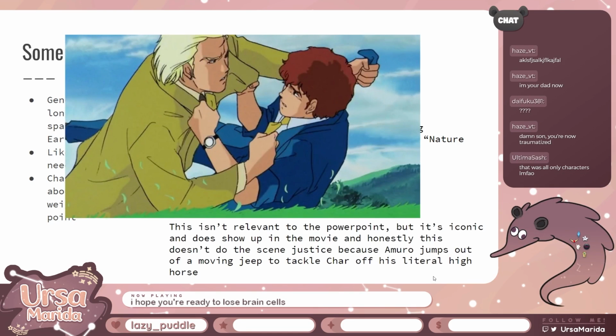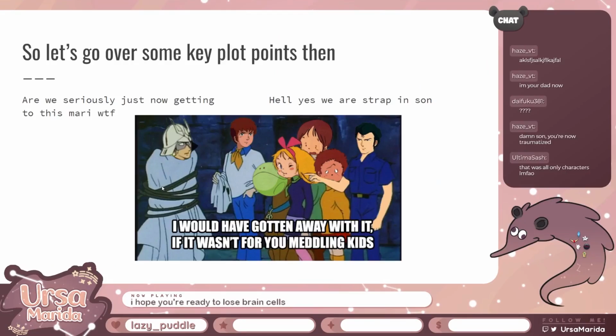And this isn't relevant to the PowerPoint, but it's an iconic scene, and it does show up in the movie, and it really doesn't do this scene justice because Amuro jumps out of a moving jeep to tackle Char off his literal high horse. And if you notice the suit and tie here, and we go back a couple slides,